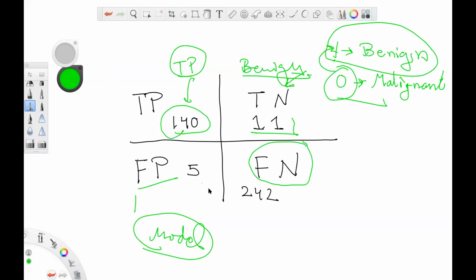Guys, if you have confusion here, just let me know. True negatives are those points which were identified as 1 but were actually zeros. So true negatives are those points which are identified as 1 but actually zeros, and false positives are those data points which were actually 0 but are identified as 1.